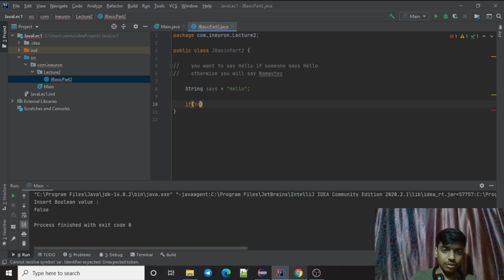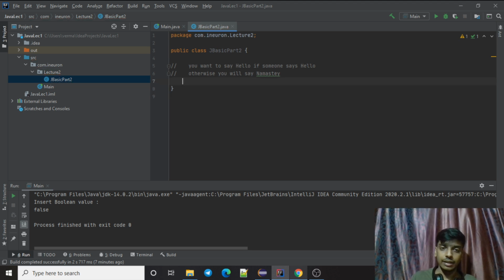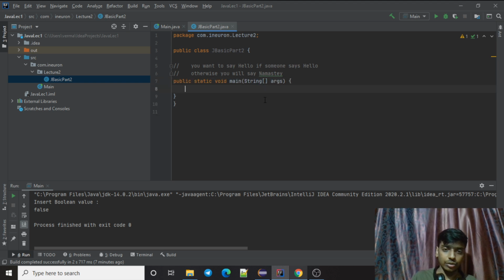Also, I already told you whatever code you write should be inside a method, not inside a class. So I had this class already. I need to create a method. I'm again going to create a main method here. Just to create a main method, you just write psvm and press enter. That will work.